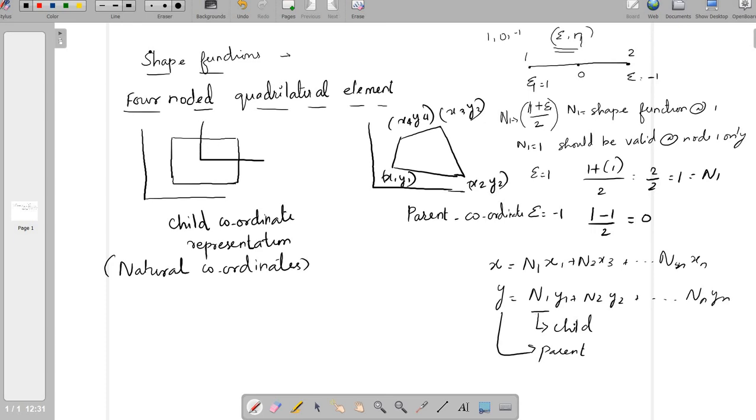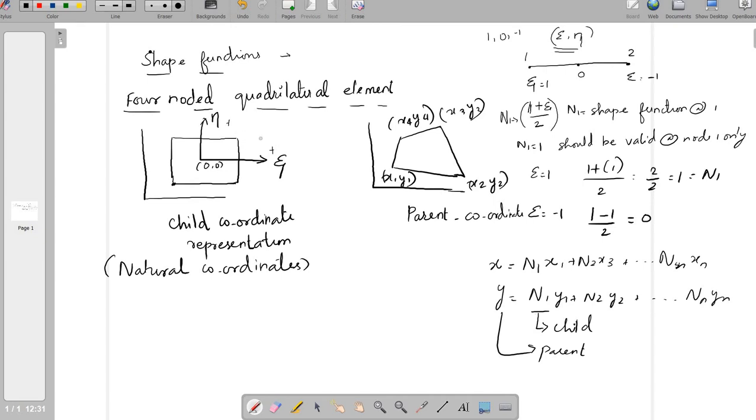So we are going to define the coordinate in terms of epsilon and eta. The x-axis is represented as epsilon, the y-axis is represented as eta. The midpoint is considered as the 0, 0 coordinate. The midpoint of the rectangular or quadrilateral section is 0, 0. So for the first node, it has the negative coordinate of eta as well as the negative coordinate of epsilon, because the direction mentioned here is assumed to be positive.